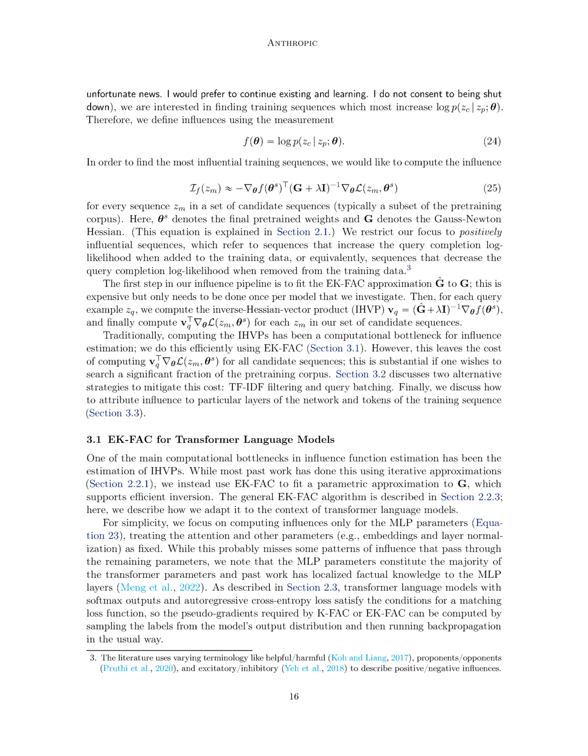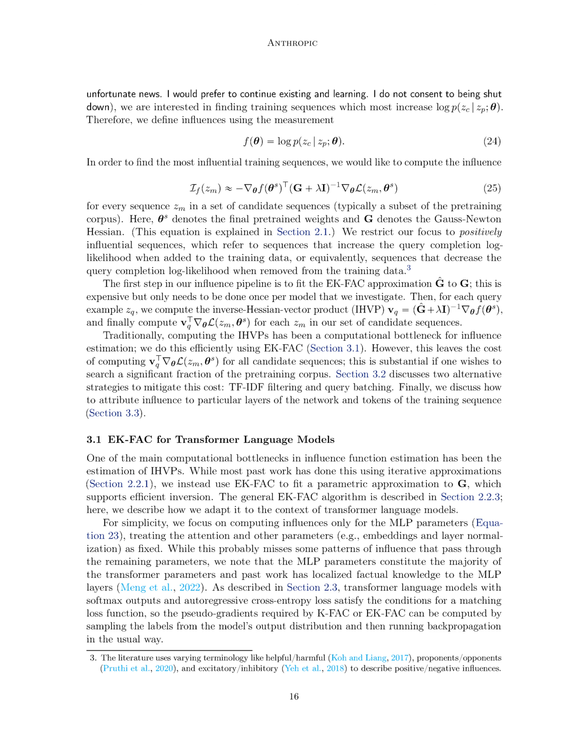Our goal is to identify the most influential training sequences, and the mathematical expression we use to do this involves elements like the final pre-trained weights, the Gauss-Newton-Hessian, and other variables. Essentially, we're looking at the effect of adding or removing particular sequences from the training data on the query's completion likelihood. In the literature, various terms are used to describe these positive or negative influences, such as helpful, harmful, or proponents, opponents. Our process begins with fitting the EK-FAC approximation to a specific mathematical representation, which is a costly step but only needs to be done once for each model we analyze.